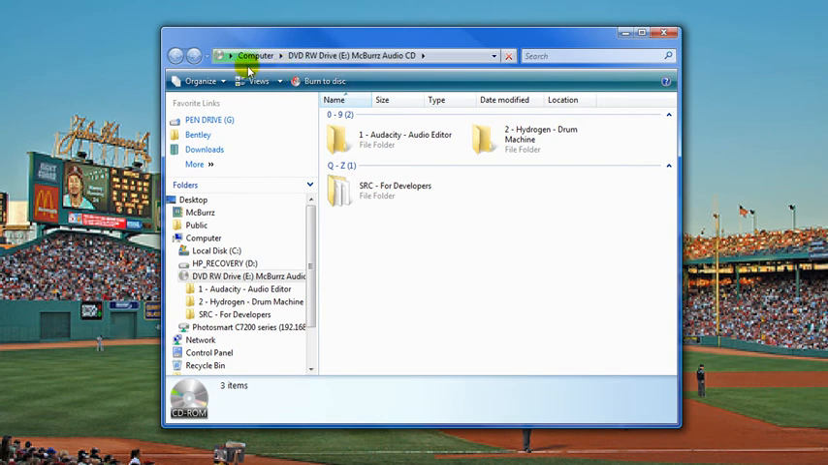Now normally on most computers this will automatically pop up, but just in case it doesn't, you can go to it by going to Start, and then selecting My Computer, and then from there you just select the CD drive. So here we have the CD,